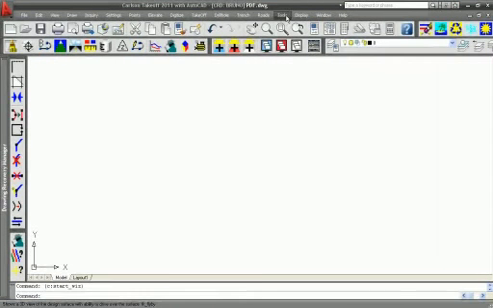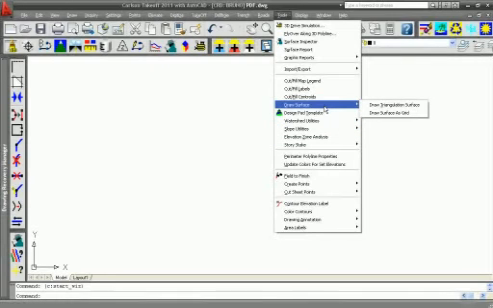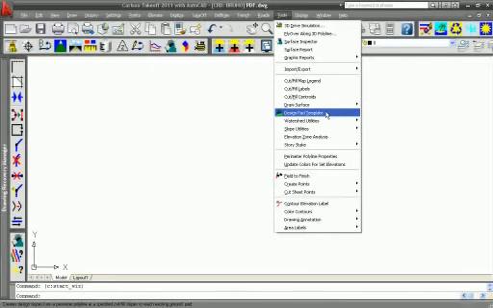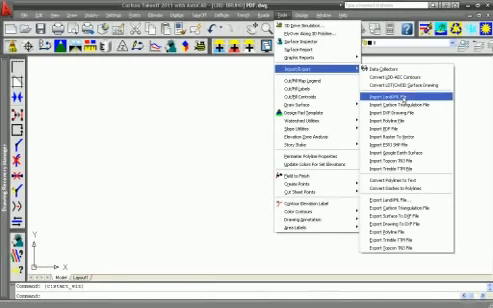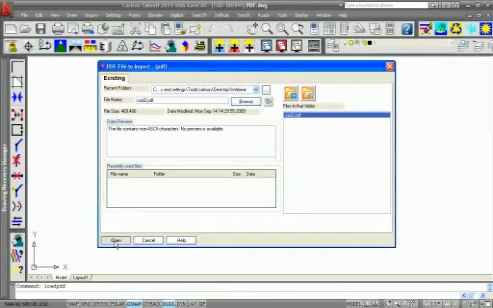So under Tools, this is something that was new last year with the 2010 release, under Import Export, we have Import PDF File. Select the PDF you want to load up. I have one here, CAD 2. Select Open